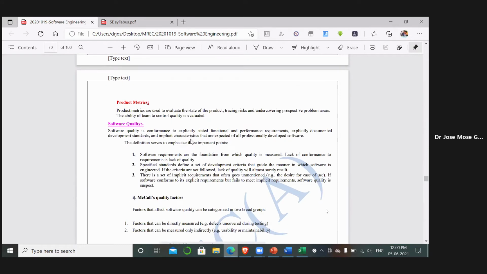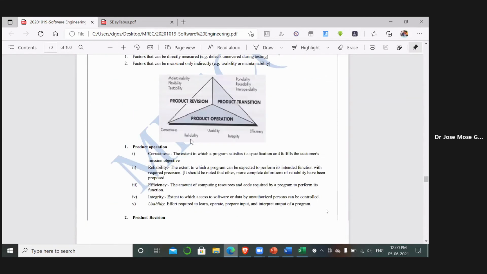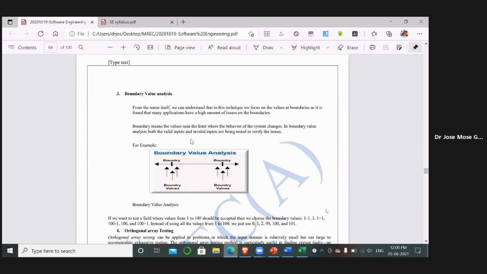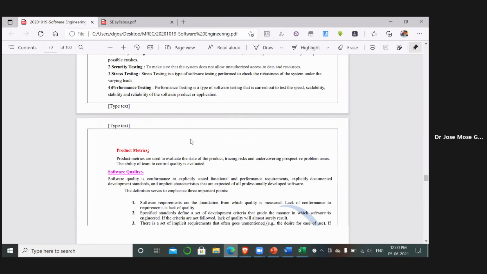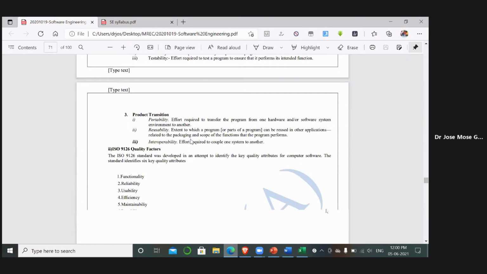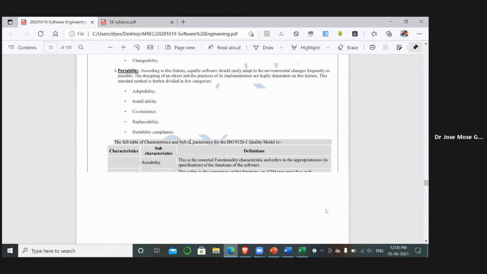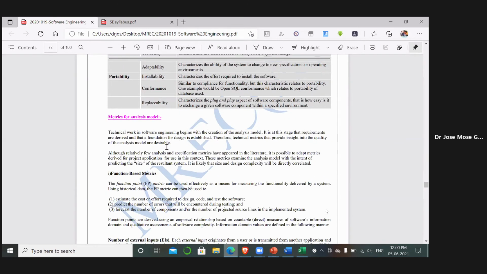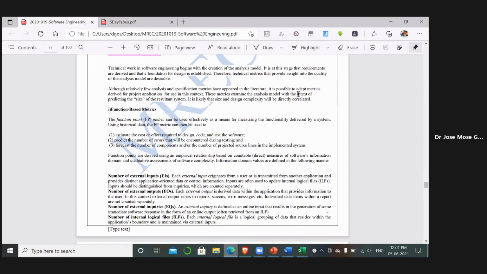Okay, so now we will go into the metrics, which is about software quality. What we have discussed in the metrics of the black box, we will be having that software quality metrics, in which I'll be explaining a concept called FP analysis. Okay, function point analysis. So all of you can go through the models what we have. So right now I am going to discuss the metrics of the analysis model, that is function point analysis. Okay.